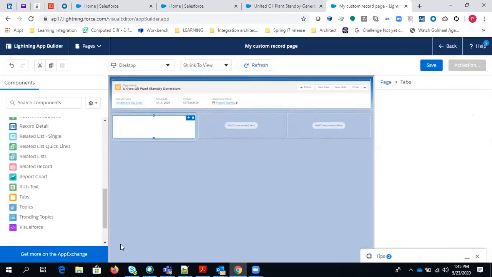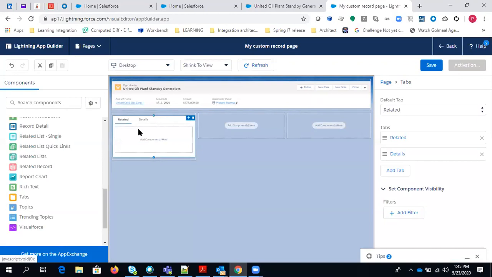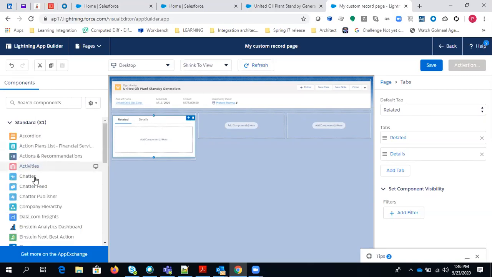here. So I have selected the tab, and it is giving you two default tabs, the related list and the details, but both the tabs are empty now. So we'll fill them. Let's first create the layout, and then we will fill in the component detail for the related or detailed tabs. For the right one, if I want to get the chatter, let me just drag and drop the chatter one.